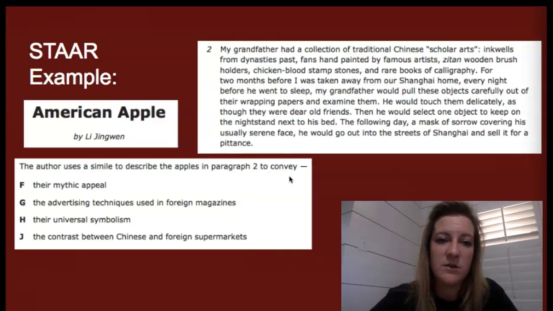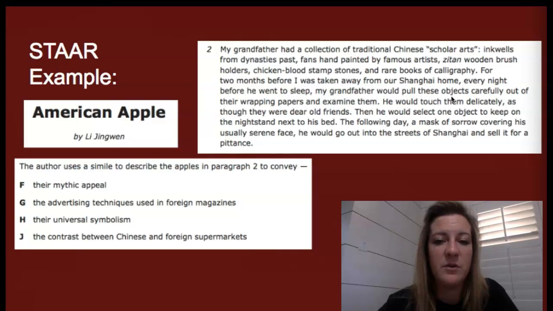It's another word for shows. Okay, so it says, my grandfather had a collection of traditional Chinese scholar arts, inkwells from dynasties past, fans hand-painted by famous artists, Zaitan wooden brush holders, chicken blood stamped stones, rare books of calligraphy. For 2 months before I was taken away from our Shanghai home, every night before we went to sleep,